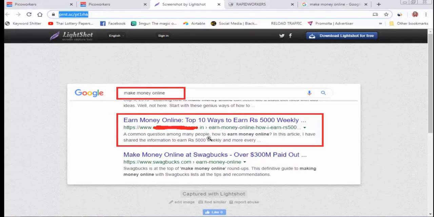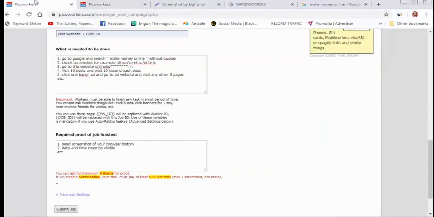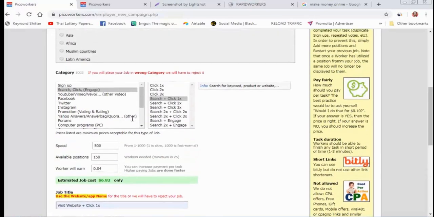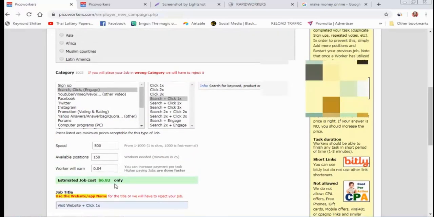So I can send this type of traffic with this keyword, but you cannot send because your website is not ranked on Google. You cannot send traffic from a search engine. So you can send another thing. For example, you can send from a Facebook page or Pinterest page, but it is not the best campaign. So always send traffic from search engines.